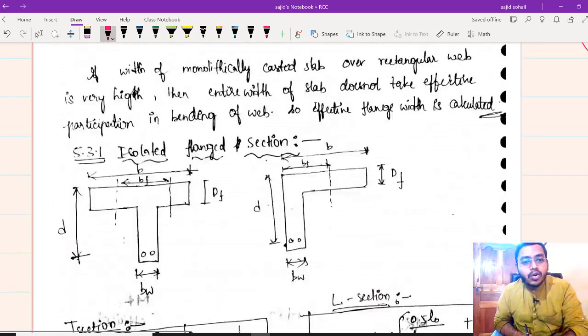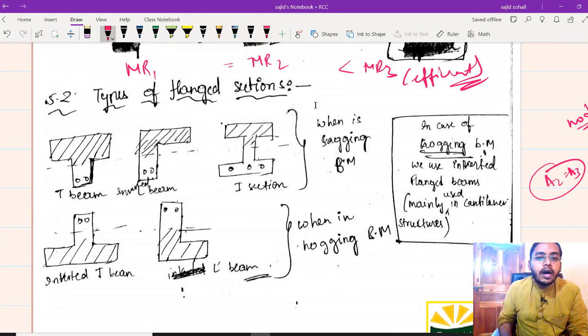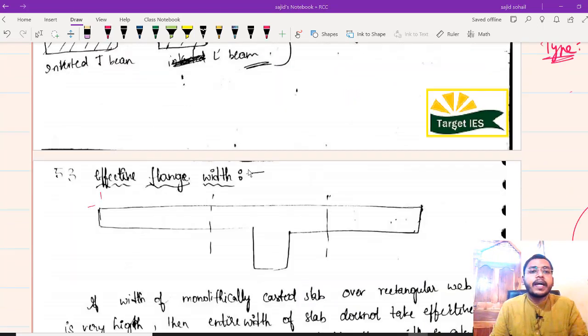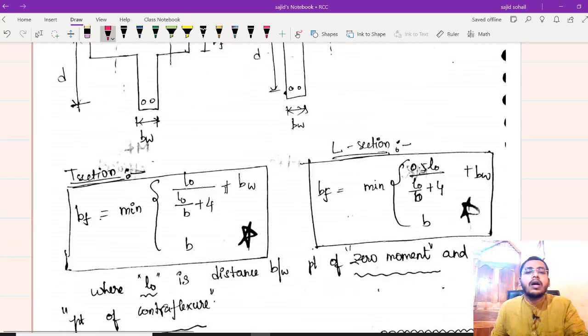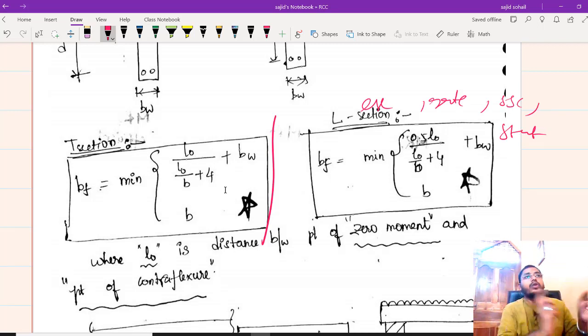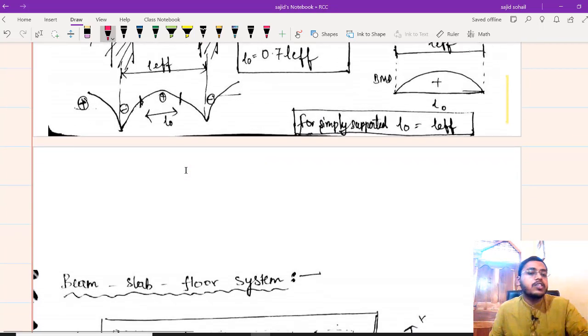समझ में आ गया? So the concept is clearly given, you need not write. I have already explained this. You can follow this. In the next module I will continue with effective flange width, a very important topic, and these formulas are very important, shoot-shot questions in your ESE, GATE, SSC JE, state PSC. You can just blindly read this formula and go into the examination and dump it. Okay, so itna important hai ye topic. The formulas of T section and L section are so repetitive. You will be perfect by the next module. In the next module I'm going to teach you problems also, and I will be concluding this topic, flanges.